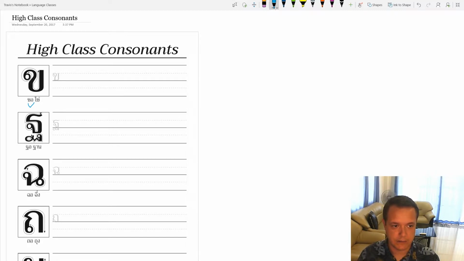So how do we write that? Well, if you look at this little guy right here, we're going to start as we usually start with the head. We start with that circle there, we go around, we go down, and then it's important that this comes straight up. We don't want it to have any kind of a jut because that's a different letter. So straight up like that. Okay. The next letter we go to is